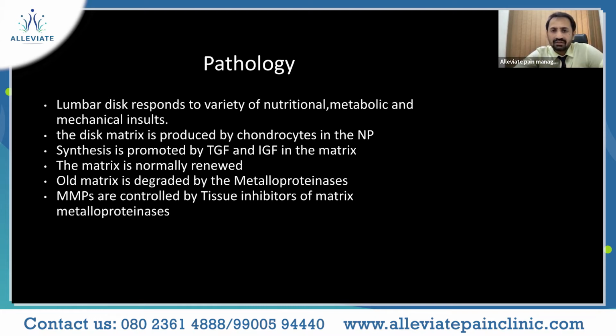Collagen is more in your annulus fibrosus, which has multiple lamellae layered like ring-like structures. This is fibrocartilage, and the content is collagen type 1 in your annulus and type 2 in your nucleus pulposus. Collagen 1 is basically the reason for the tensile strength. The nucleus pulposus also has proteoglycans, glycosaminoglycans. That is also the reason why it is formed of 80% water, because these things attract water, the hydrostatic